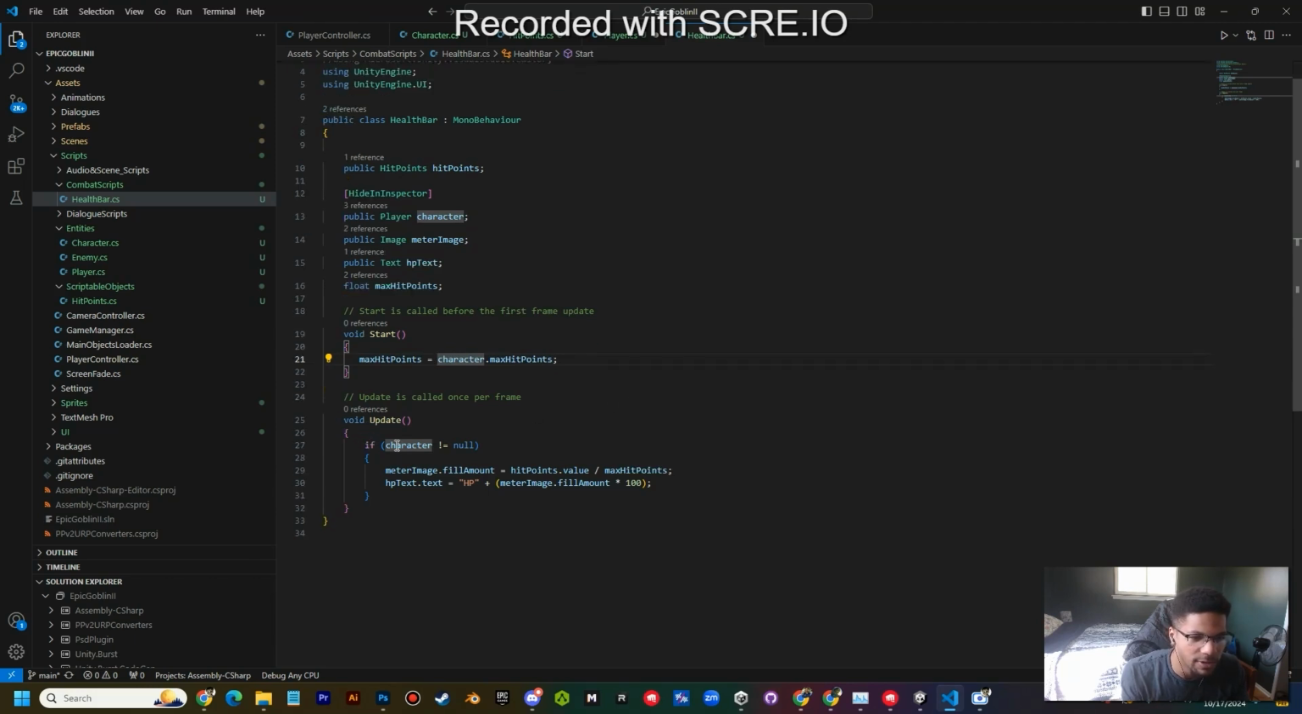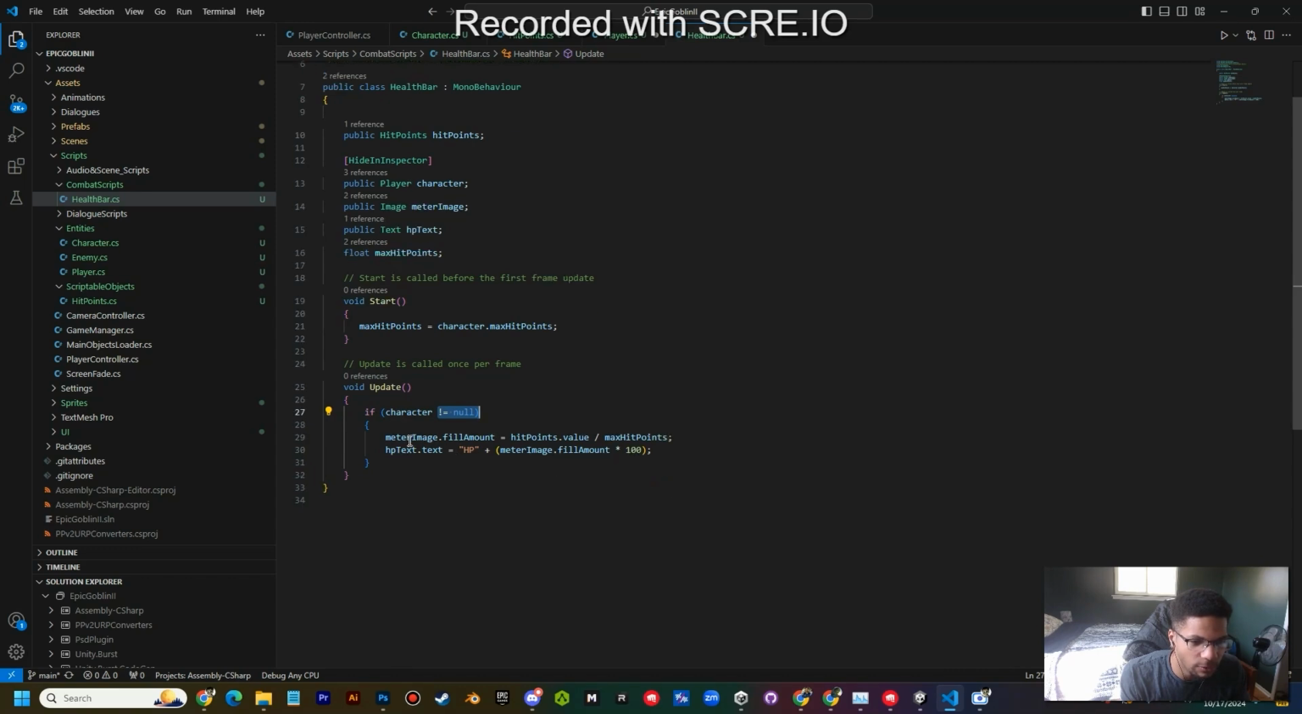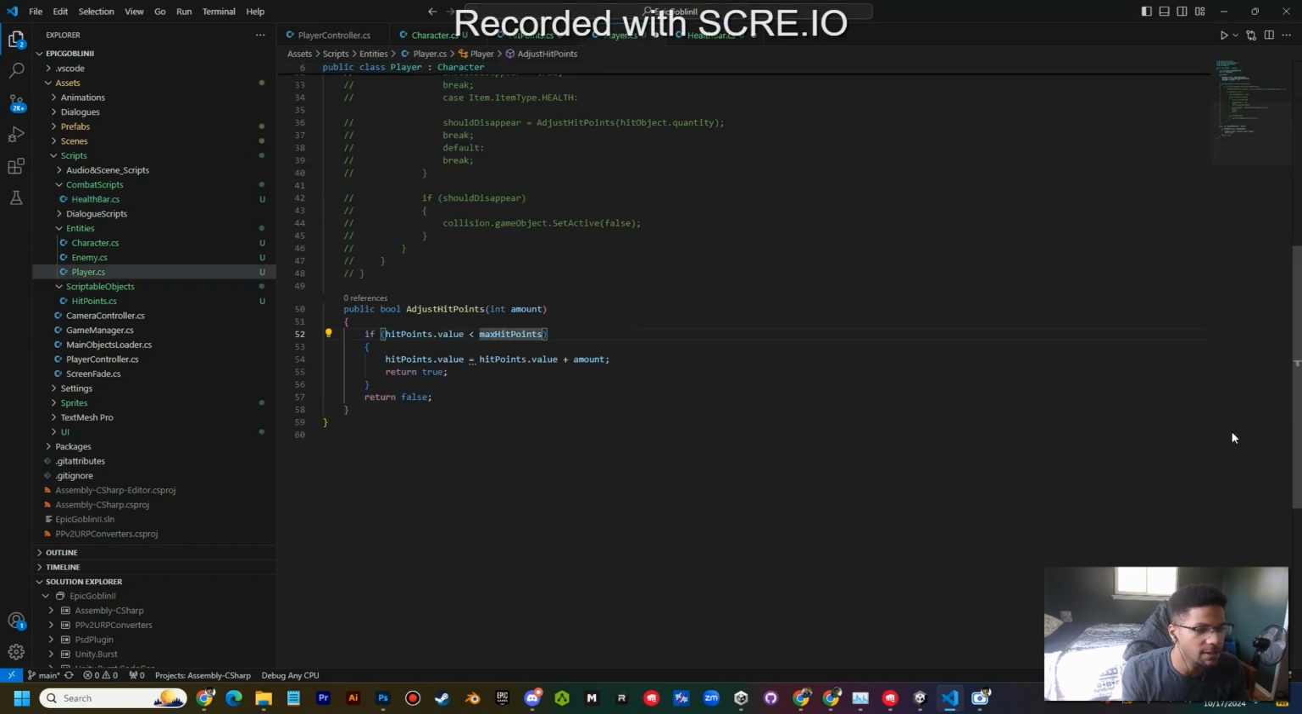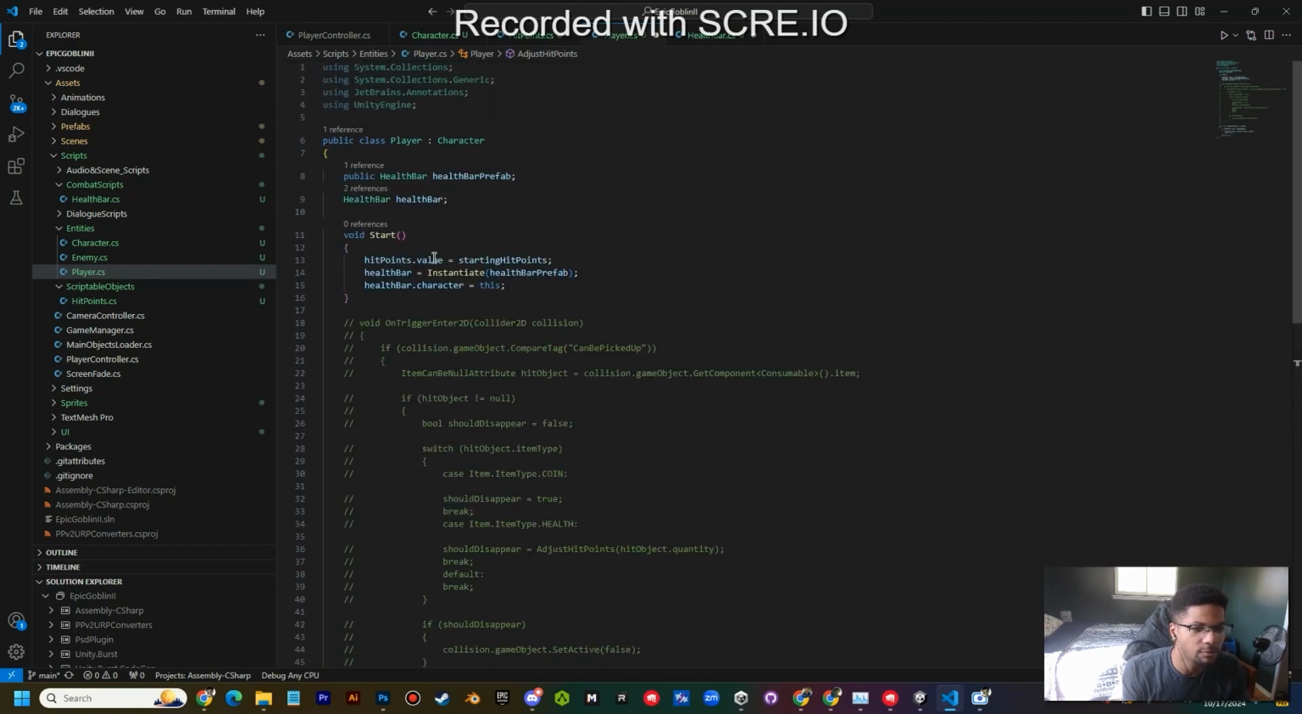And then every frame it's checking if our character exists or not. Is he null or not? And then it will fill our health bar to the value of the value variable on our hit point scriptable object. And then it also sets the text right there. And then it knows exactly which prefab is corresponding to our health bar, because we put this line here in the player